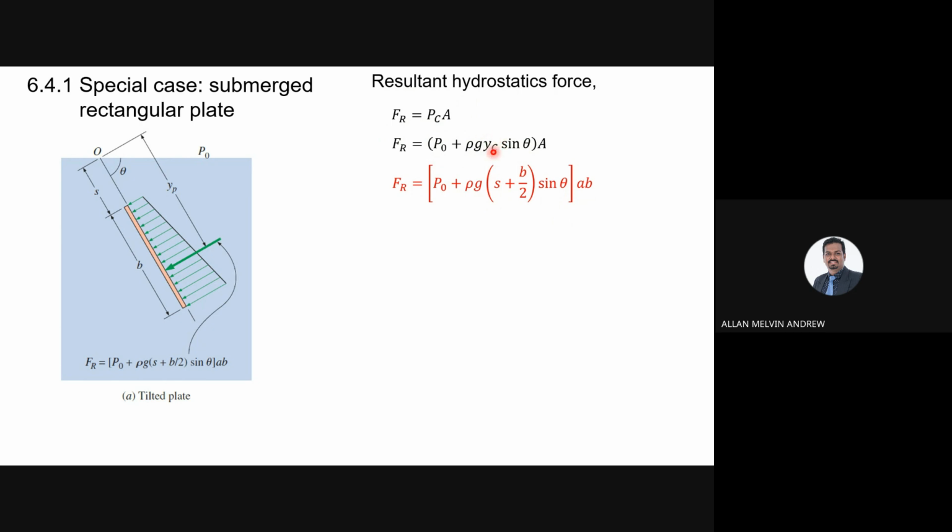To understand this derivation, you need to refer back to the previous pictures. Here you can see P0. Rho is the density of the fluid, and g is the gravity. So yc sin theta is